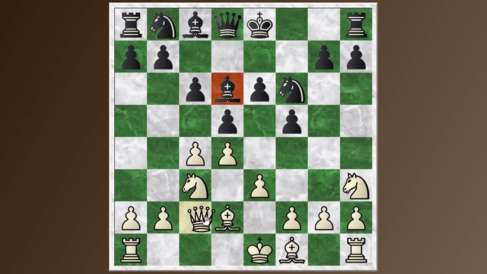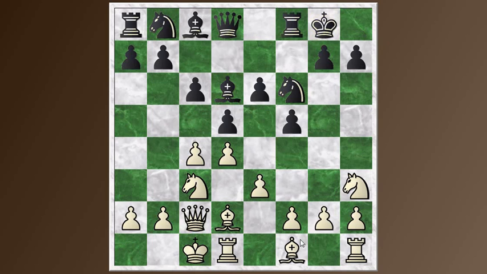This queen goes to c2. Let's see, black castles. White castles queenside. So this is an unusual setup from Bronstein going for this queenside castling. But now black plays queen e7. And the idea is that,